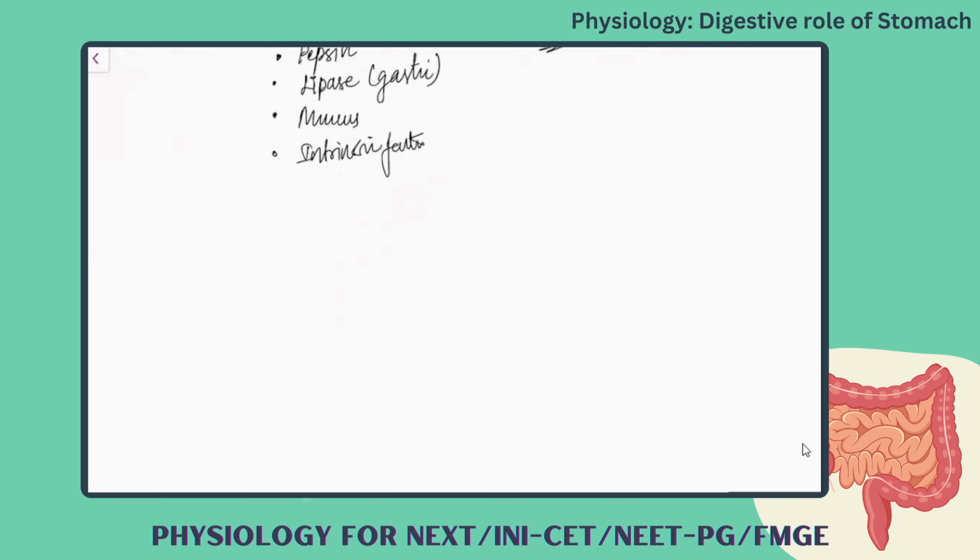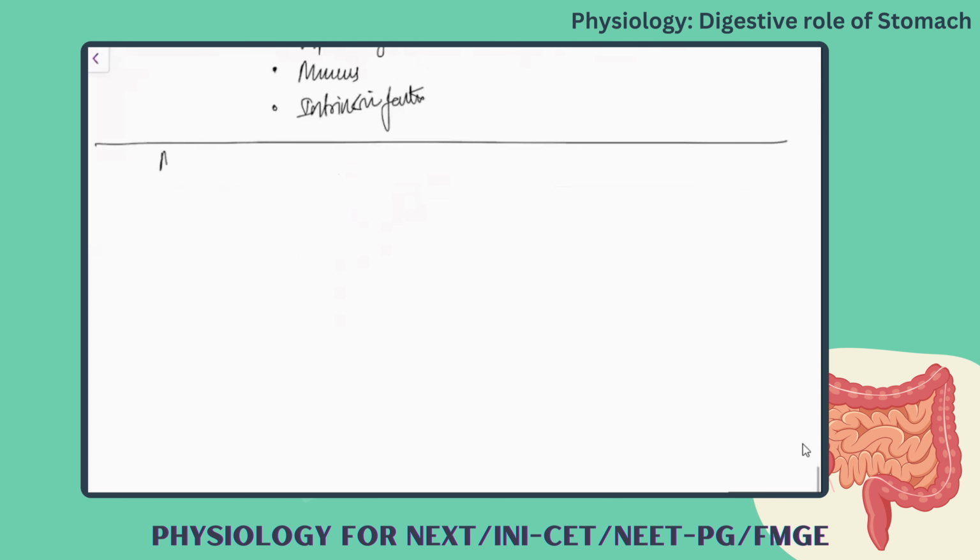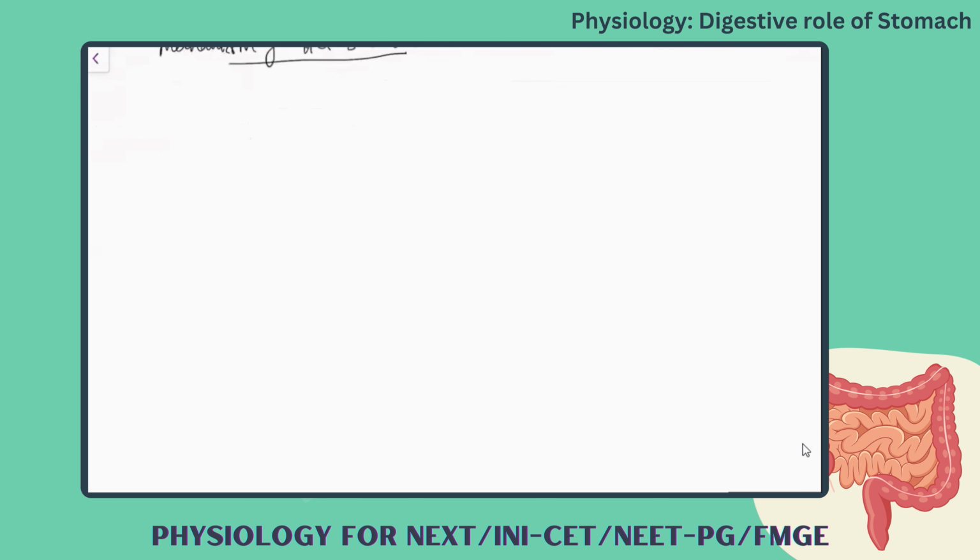Next, we are going to see the mechanism of HCl secretion. Which cell is secreting HCl? Now we are going to draw the parietal cell of the body of the stomach. How is HCl secretion taking place? Do you remember the chloride shift mechanism seen in carbon dioxide transport, carbon dioxide combining with